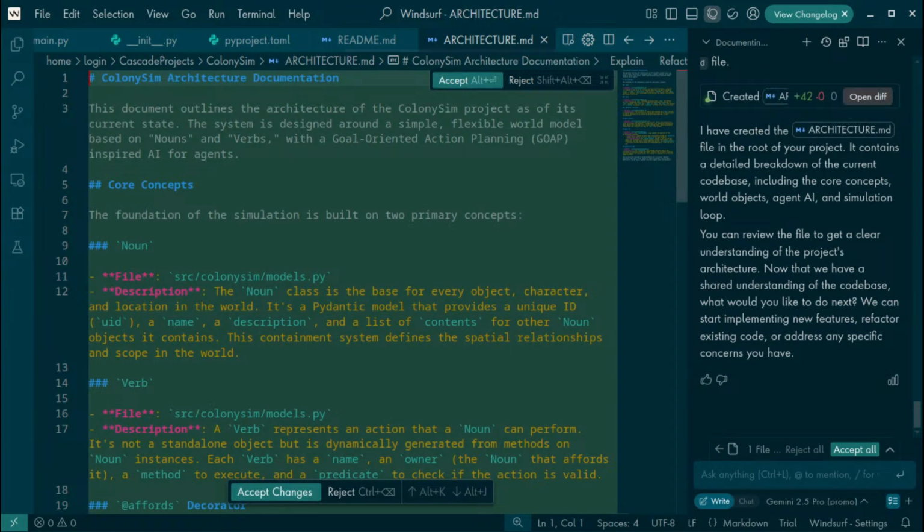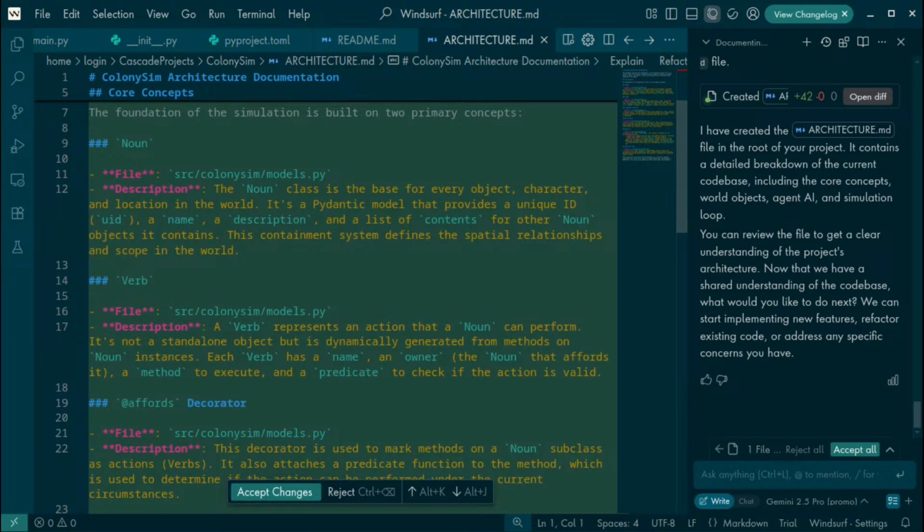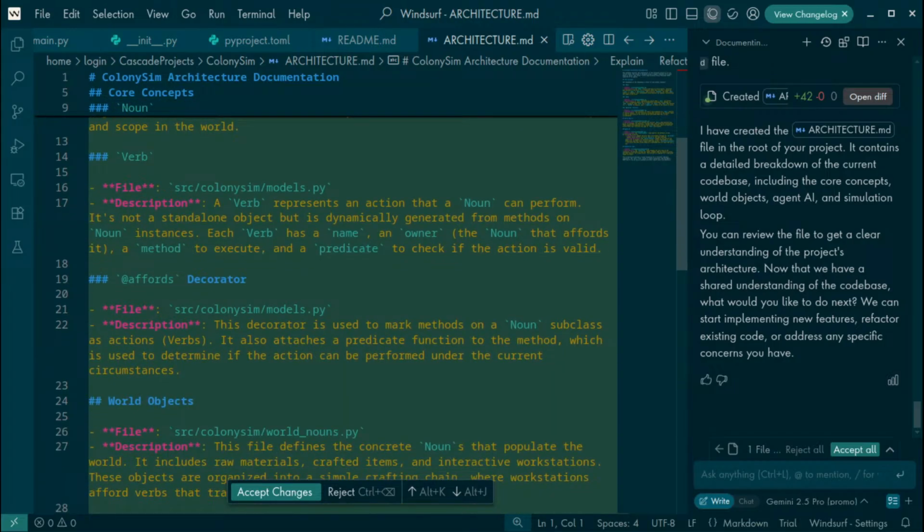Let's take a look at architecture.md. The noun class is the base for every object, character, and location. It has a description, contents, verb. A verb represents an action that a noun can perform. It's not a standalone object, but is dynamically generated from, well, not, that's not the architecture I had in mind.